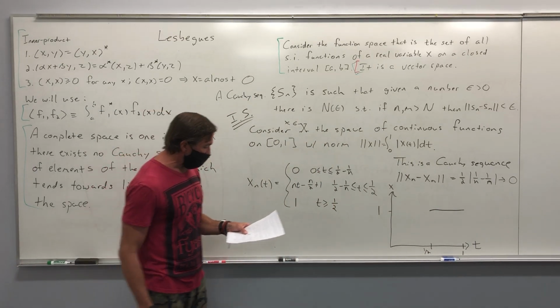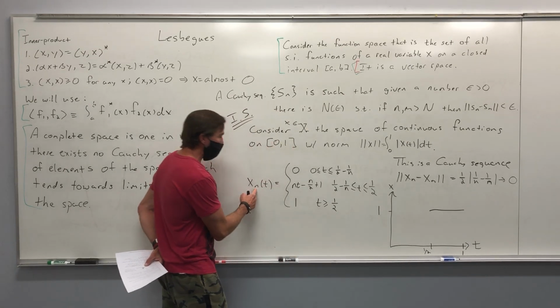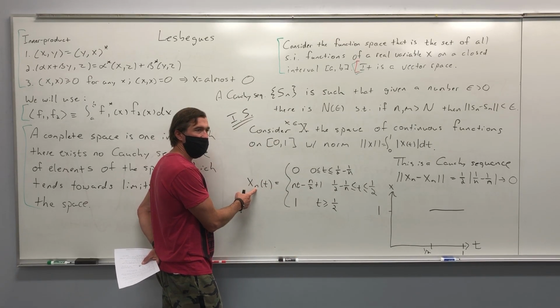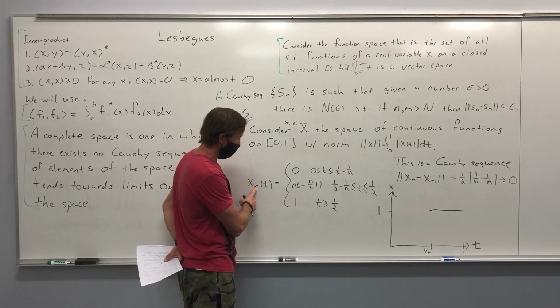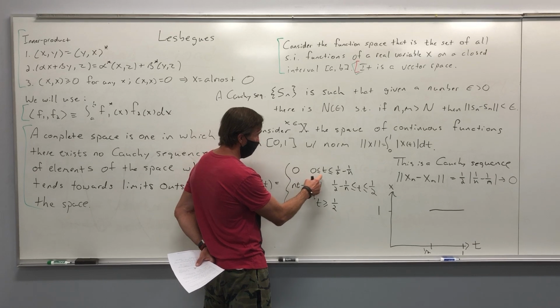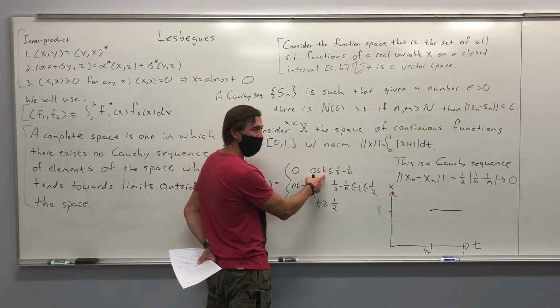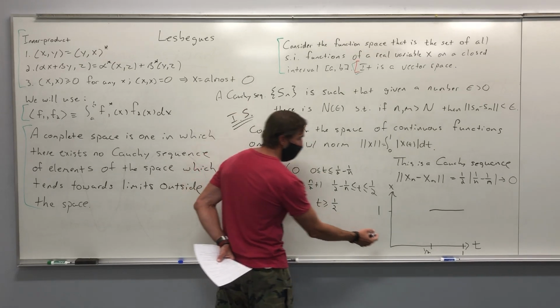For points below t equals 1/2, well, let's take the second term in this function, x2, okay? Your 0 for 1/2 minus 1/2 is 0. So when t is 0, you're 0. So you start here,